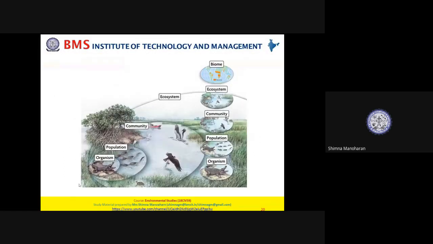So this is a typical photograph to show the ecosystem of a wetland. These are nothing but the mangrove roots. You have the mangroves, then the primary consumers, the secondary consumers, and then the decomposers. I don't think I have kept decomposers over here. Okay, so this is about wetland.